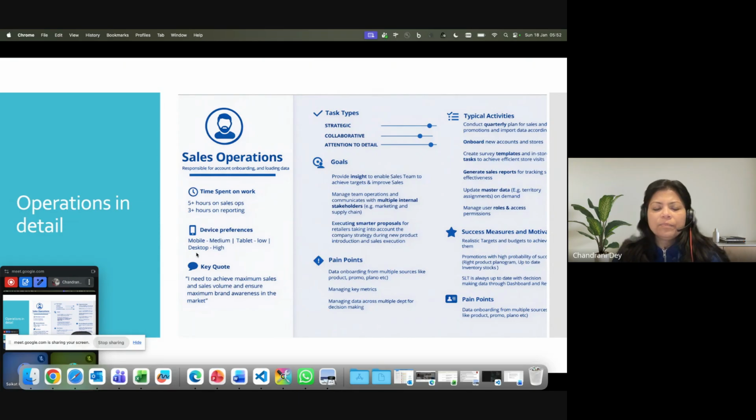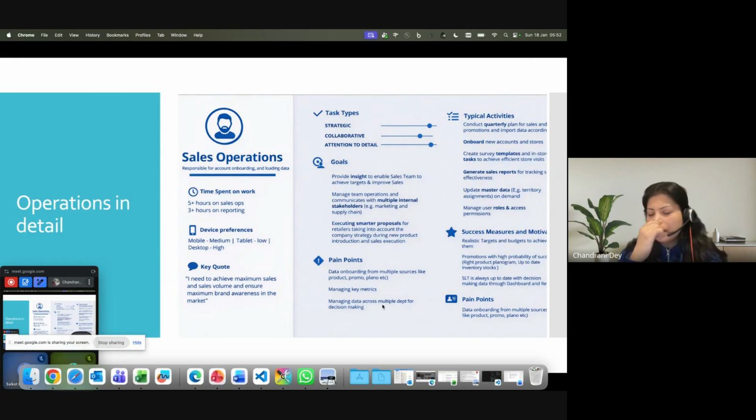He is going to spend most of his time on operational tasks, and a bit less than half of his working hours on reporting, looking at or creating reports, etc. His pain points are data onboarding, managing key metrics, and managing data.